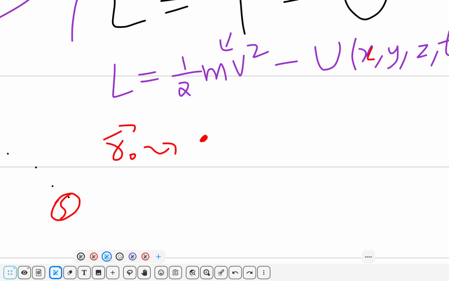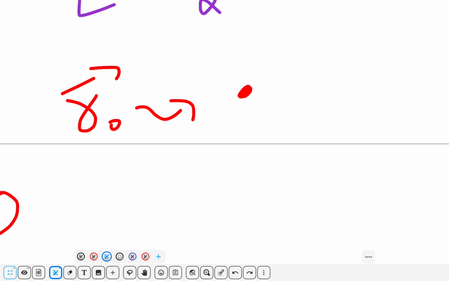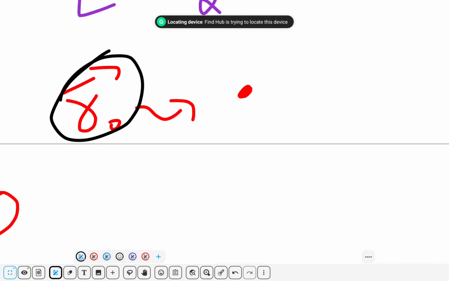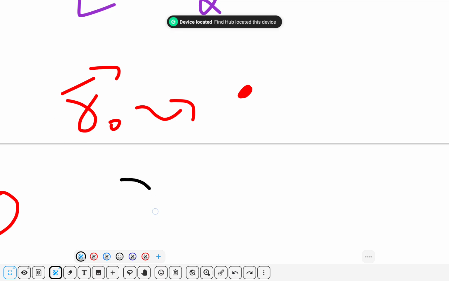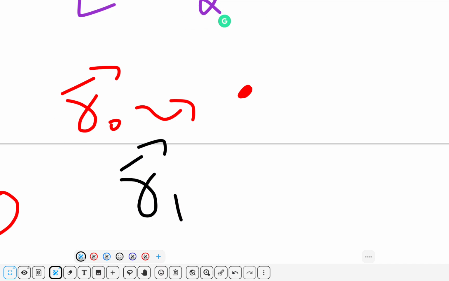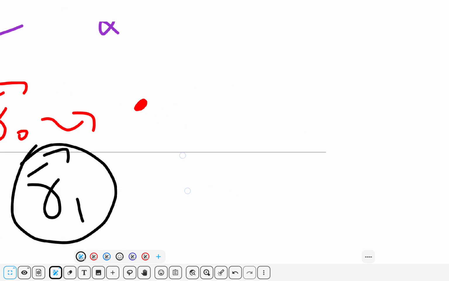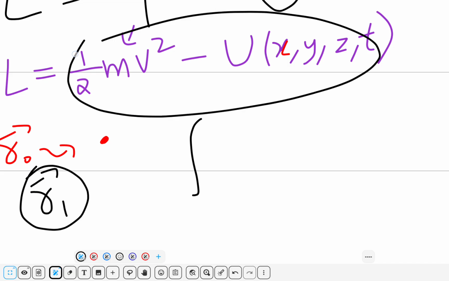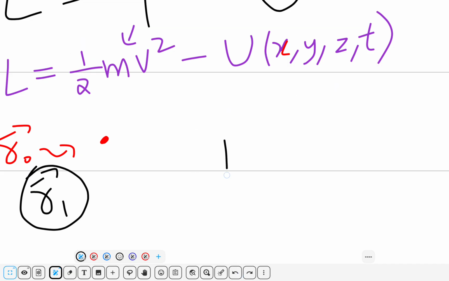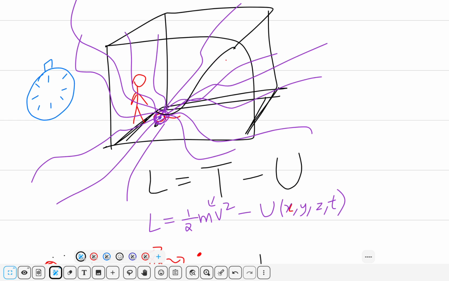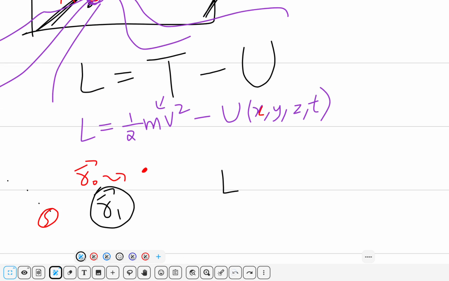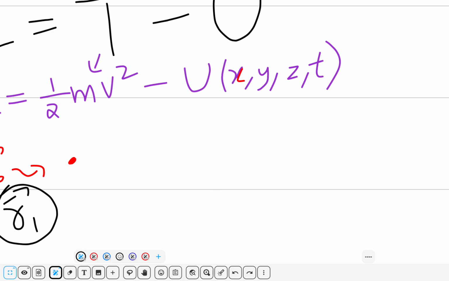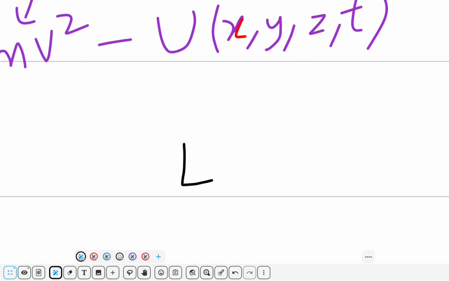So I don't know where it is. Let's say initially it was at R naught, at some place, and after some time it is here, R1. So what you have to do is, at every instant you have to calculate, it will have some path. I don't know what trajectory it will follow, but if I find out the trajectory, at every instant I find its Lagrangian on the trajectory, multiply it by the time it